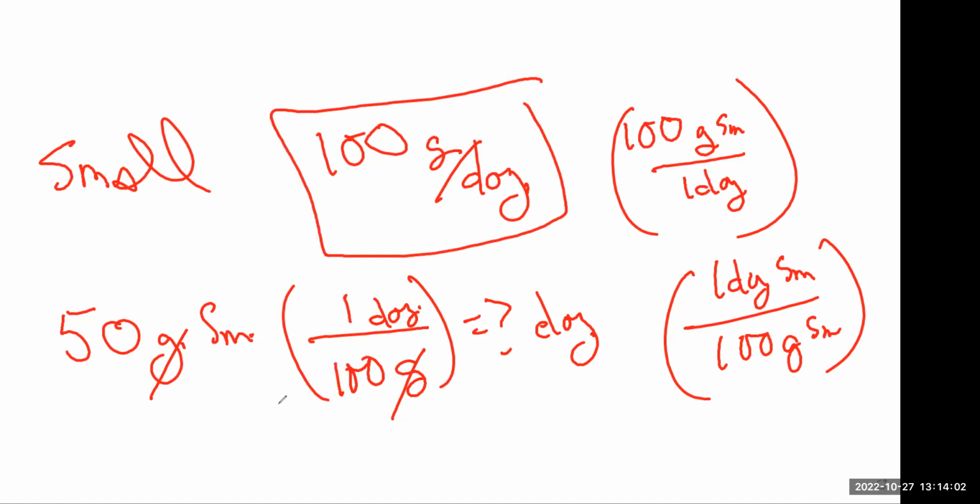We want 100 in the bottom and the denominator, right? And so that represents with 0.5 dozen is our answer. If I have 50 grams of small eggs,